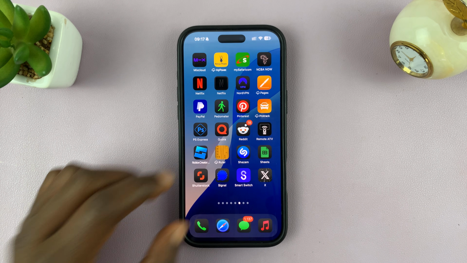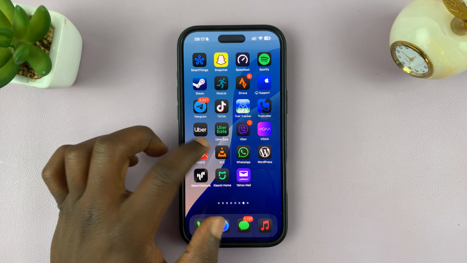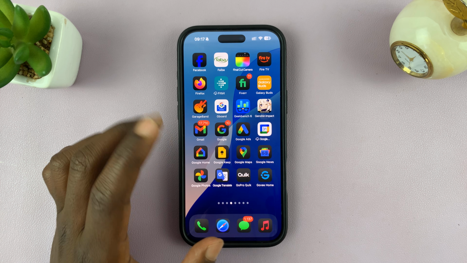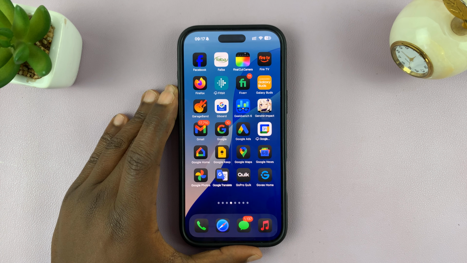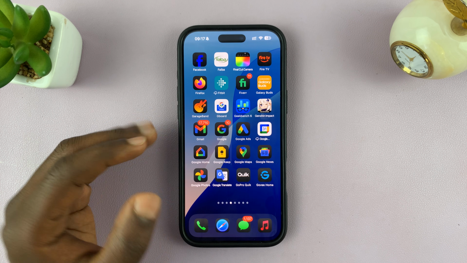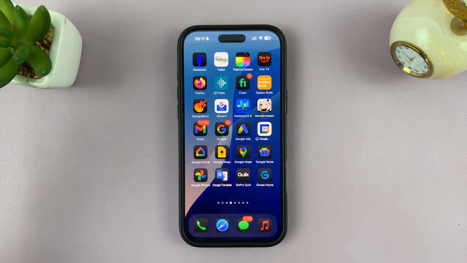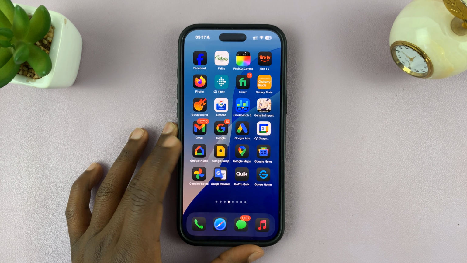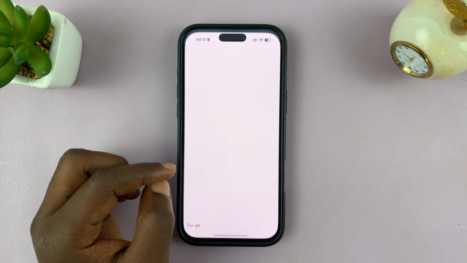In today's tech tip, I'll be explaining and trying to sort out the problem where Google Maps does not seem to be working properly on your iPhone, or is not working as it should. Now, the first thing you want to do is make sure you're running the latest version of Google